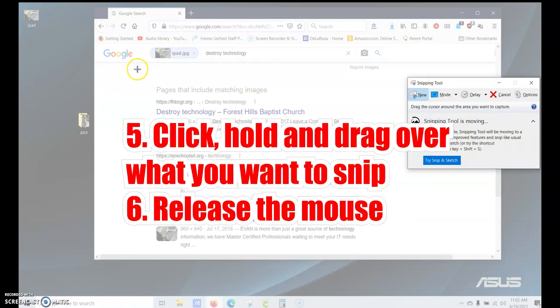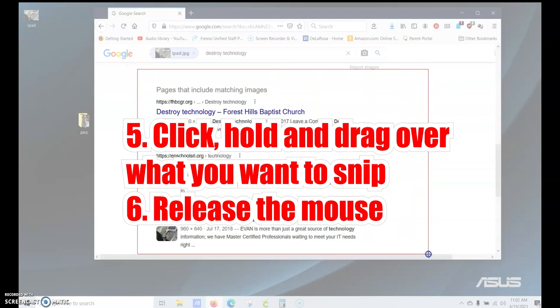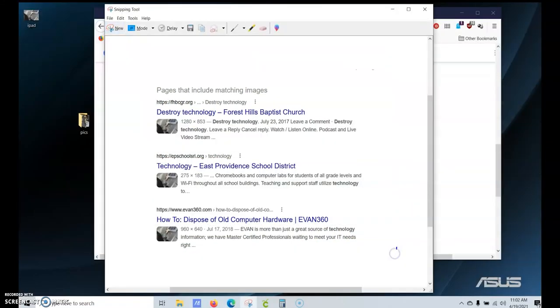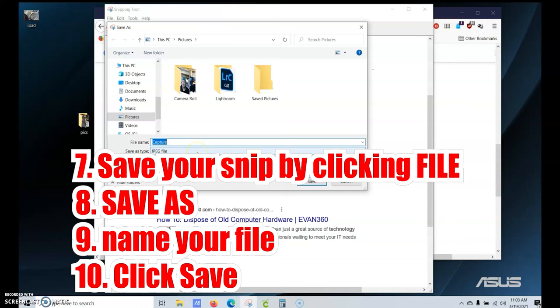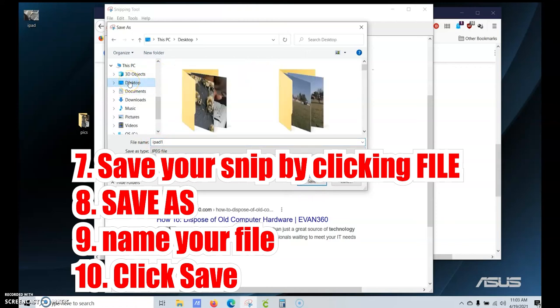And now all I have to do is click and drag a box around what I want to copy or snip. So I just drag that box around, and I click File, Save As, and then I'll call it Laptop or iPad. I'll call it iPad 1 because the other file is called iPad. So there it is, iPad 1. I want to save it to my desktop. You can save it wherever you want, but I just put it there because I know where it's going to be. So I click desktop, I hit save,